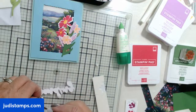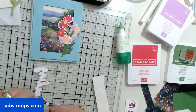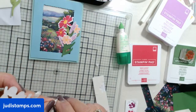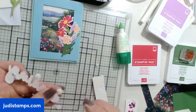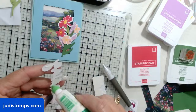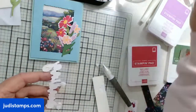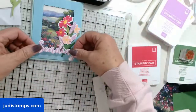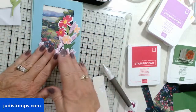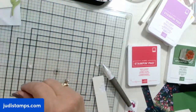Okay, and then we're just going to dot adhesive along the bottom. Well, this one just does not want to let go. There we go. Okay, and let's just get some adhesive along the bottom. Okay, so we have the front of the card there, and I'm going to put some embellishments on there, but